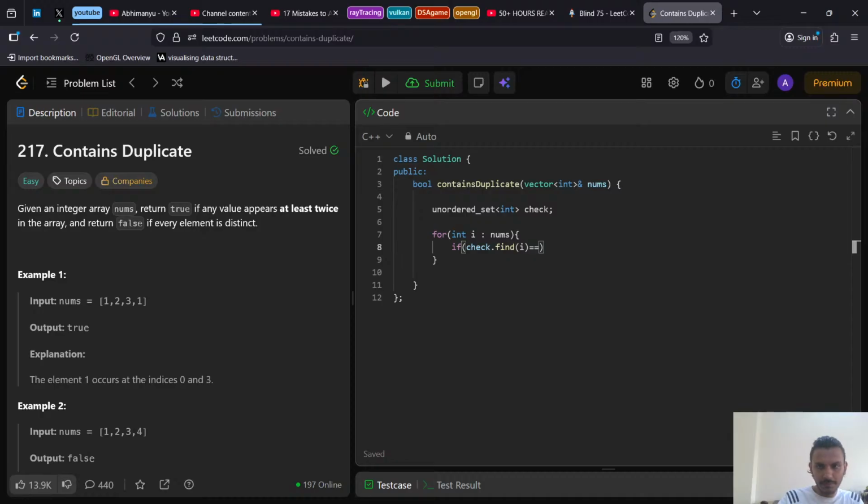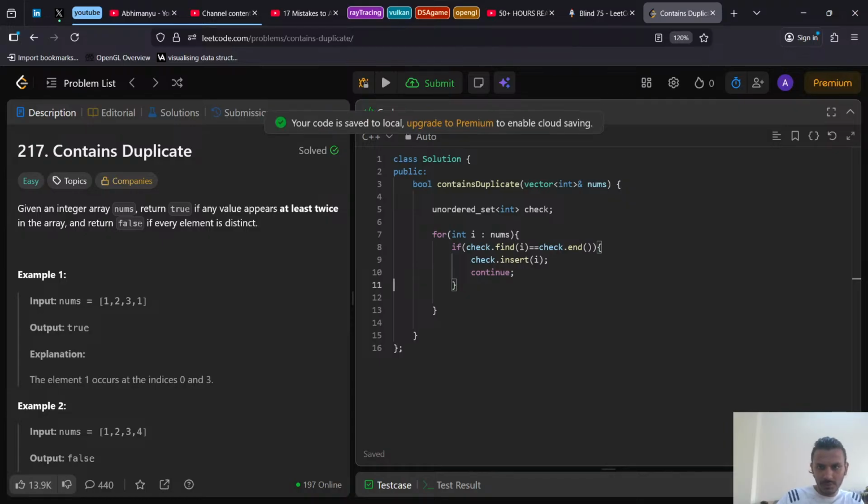equal to check.end. If it does not exist, we'll do check.insert(i), and continue. Else, what we are going to do is return